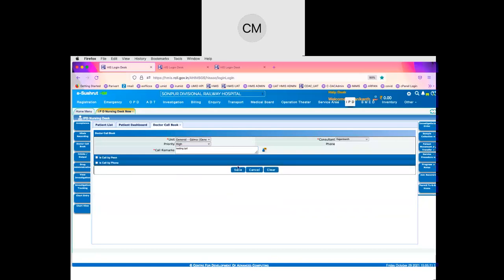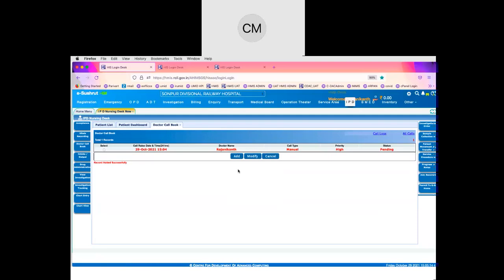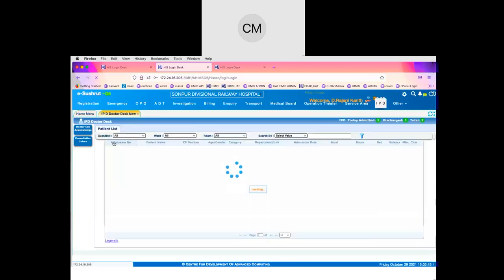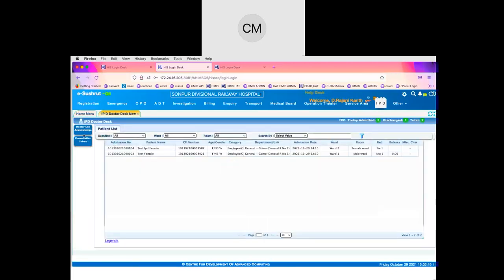With that, the request for a doctor to come and visit the ward for this particular patient gets generated successfully. Now we can see this call under the call logs. This call has been generated. It is appearing in red because we have kept a high priority for this call. The doctor will be able to see these call requests in his inbox, and he can also acknowledge them. So let us switch to the doctor desk in the IPD, and complete the doctor process, and we will come back to the nursing desk to see how this interaction between the two desks can happen.